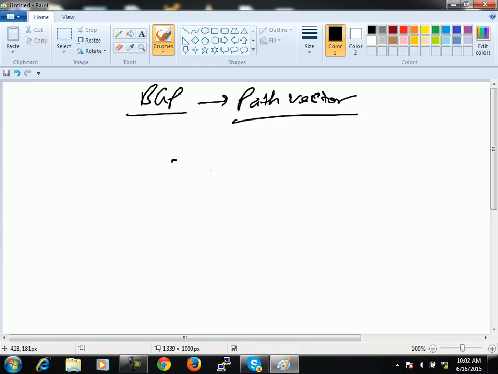So we do not have any other option under EGP rather than BGP, right? So this is the only protocol which you can use as EGP over here, right? Now the question is how it is different from IGPs, from other routing protocols, as well as you must have this information that